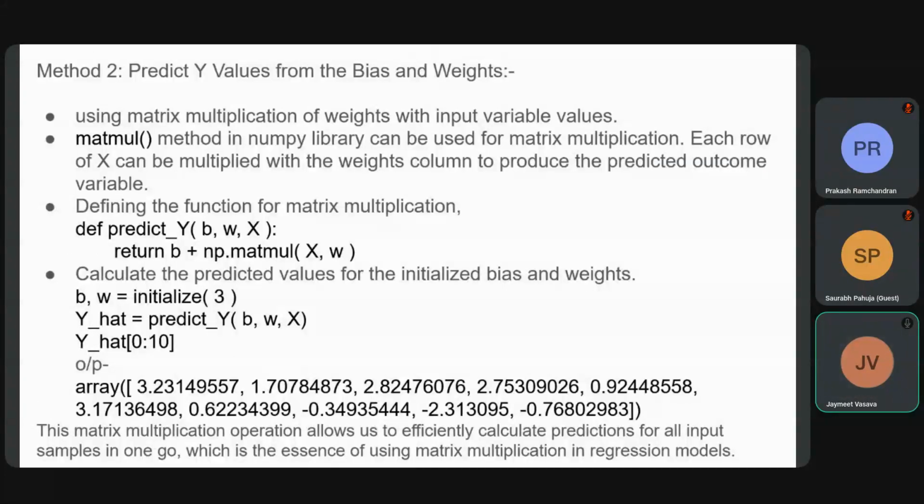Next was to predict y values from the bias and the weights. Now we'll be using matrix multiplication over here, and I'll directly go to the function definition. We have bias, weights, and the input variable as the arguments when we define the predict y function, which will return the bias plus the matrix multiplication of